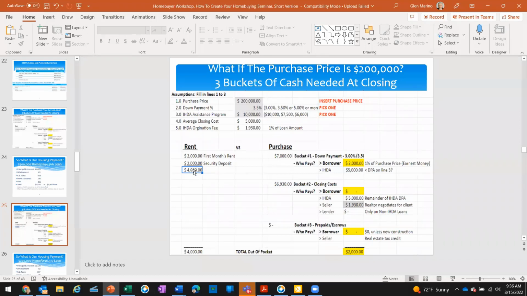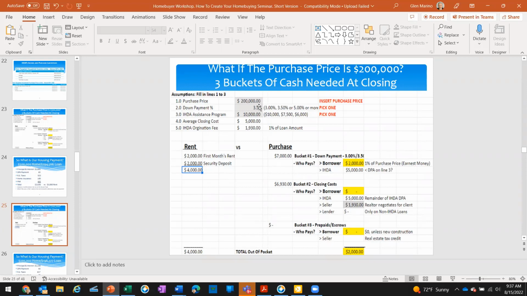So the renter who said, I can't buy, I don't have the necessary funds for all 3 buckets of cash, because in this case, all 3 buckets is $7,000, another $6,900. It's almost $14,000 that they would need. They don't have it, they say. Therefore, I'm just going to be a renter. And you're going to be an educating realtor and say, nope,